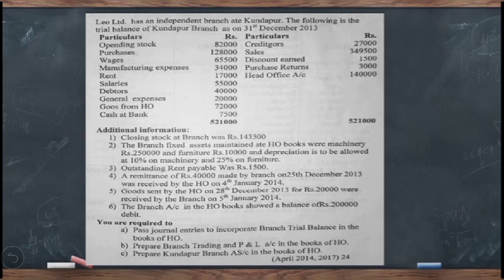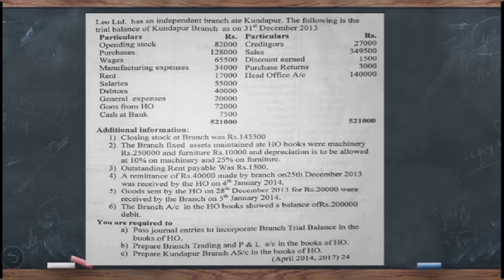So these are the informations given in the question. When this kind of question is given, first we have to identify how many special transactions are there between the head office and independent branch. Because before we pass incorporation entries, we have to pass the entries for adjustment, that is special transactions. In this case we find 3 special transactions, that is for charging the depreciation on branch assets where the accounts are maintained in the books of head office. Then there is goods in transit as well as cash in transit. So these are the 3 special transactions that took place between the head office and independent branch.